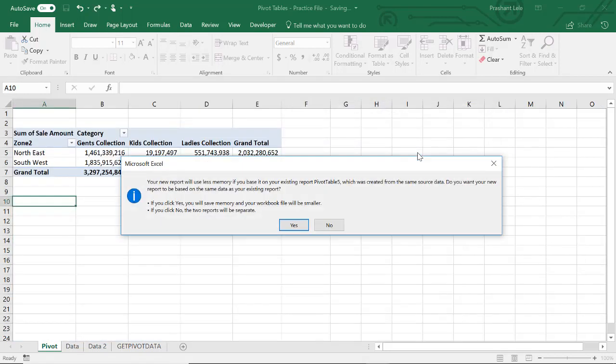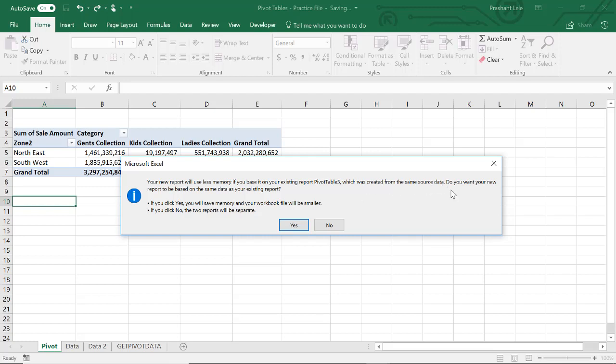As soon as I am pressing next, pivot table is giving me a message. What does it say? Your new report will use less memory if you base it on your existing report, pivot table 5. Means I have an existing pivot table. If I connect this new pivot table to it, it will use less memory, since it was created from the same source data.